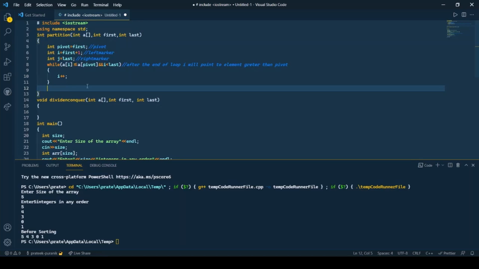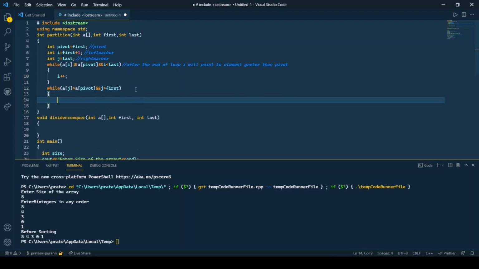Similarly, we have to decrement the right marker. So while a of j should be greater than our pivot element, and j should be greater than first, so that we don't encounter the pivot element or the first element, and the decrementation of j stops before that itself.